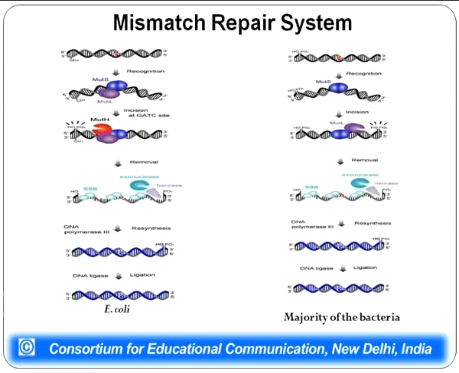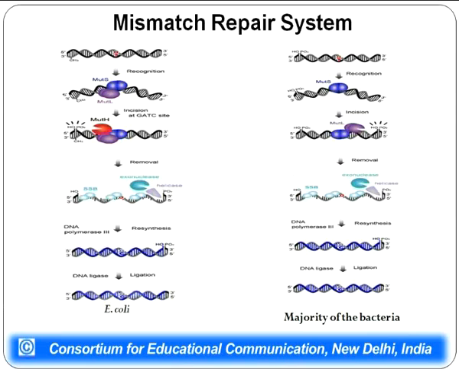As can be seen in the left diagram, which is for E. coli, whenever MUT-H gets activated, it induces an incision. Because it is an endonuclease, it induces a cut in one of the strands of the DNA. After the cut has been made, exonucleases come into action and start removing bases from that particular site. After a small chunk of this DNA strand has been removed, which includes the mismatch site also,